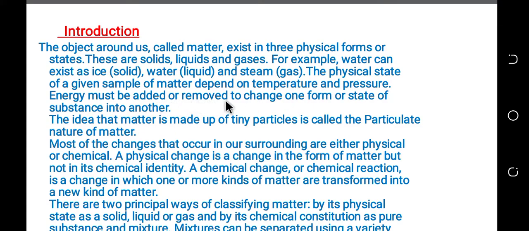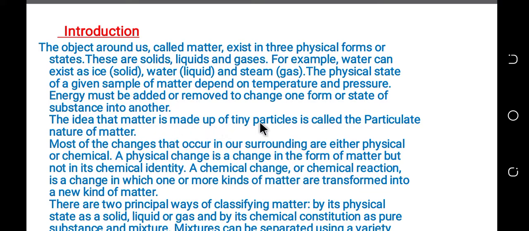Energy must be added or removed to change one form or state of substance into another state. ኤነርጂ ግዴታ ወደ ሰብስታንሱ መደረግ አለበት ከአንድ ፎርም ወደ ሌላ ፎርም እንዲቀየሩ። ከሶሊድ ወደ ሊኩዊድ ለመቀየር ሂት መጨመር አለበት። ከሊኩዊድ ወደ ሶሊድ ለመመለስ ደግሞ ኢነርጂ መስት ቢ ሪሙቭድ። So energy must be added or removed in order to change one state of substance into another state. ሶሊድን ወደ ሊኩዊድ ለመቀየር ኢነርጂ መጨመር አለብህ፤ ሊኩዊድን ወደ ሶሊድ ለመመለስ ደግሞ ኢነርጂ ሪሙቭ ማድረግ አለብህ።